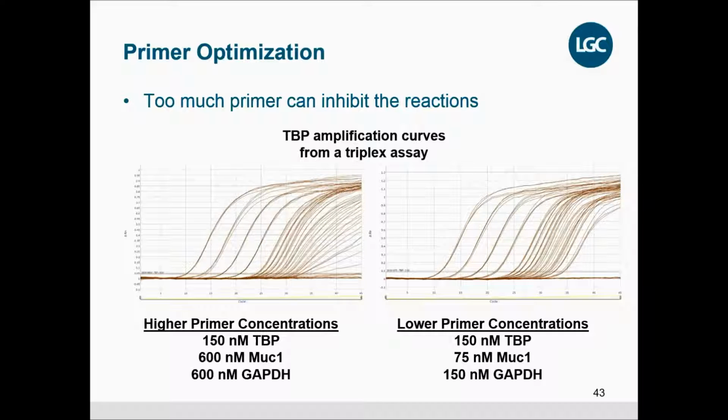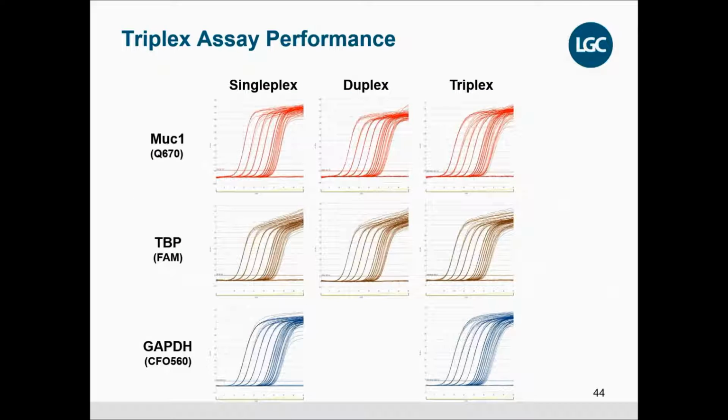So this is an example of why primer optimization is important. What I'm showing here is an example from our TBP assay. So we're showing amplification curves from a triplex assay, but I'm only showing the TBP curves from that assay. On the left, you'll see when we ran it with a very high primer concentration of the other two assays, the MUC1 and the GAPDH,